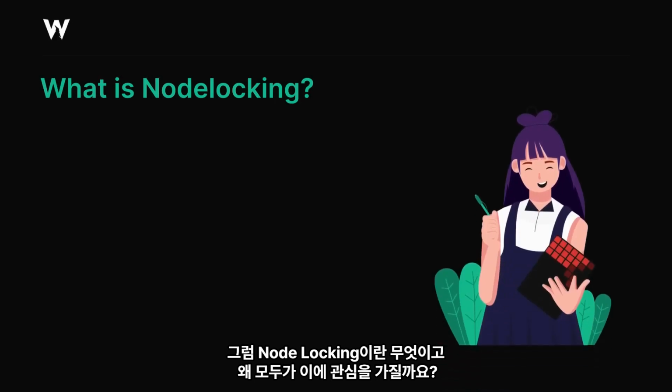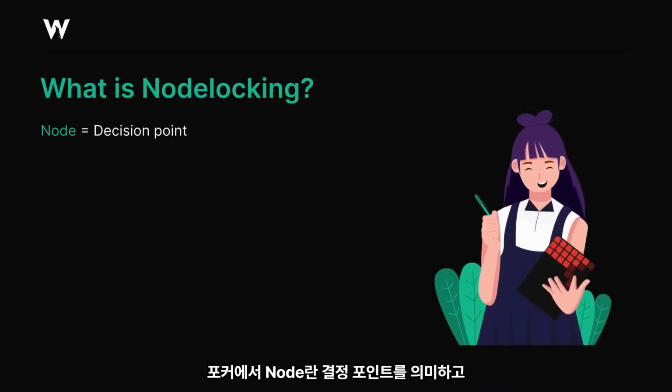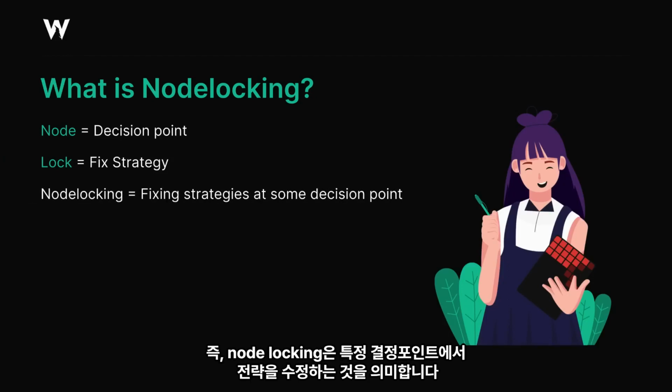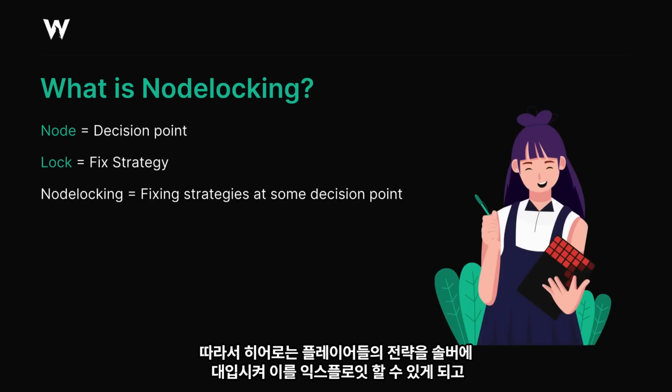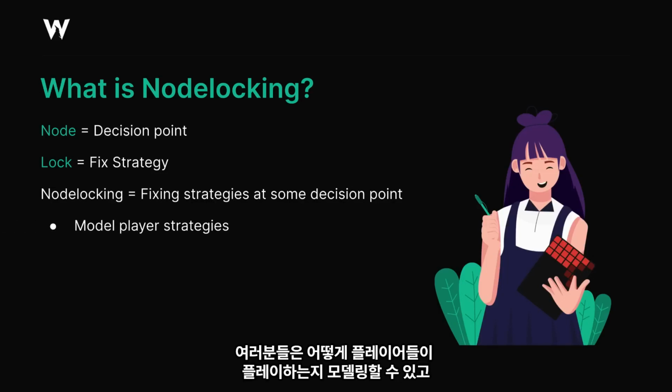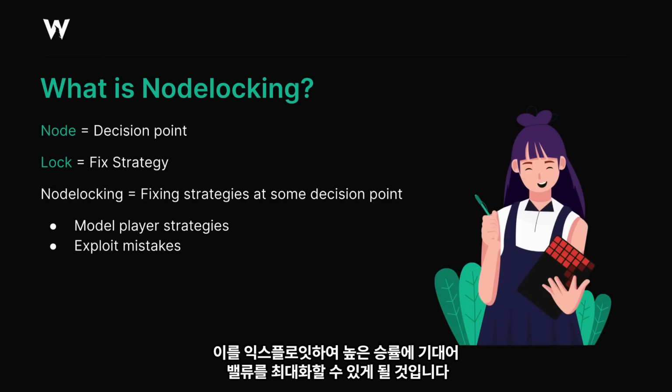So what is node locking and why is everyone so hyped about it? The word node in poker refers to a decision point. Well, the word lock refers to fixing some strategy in place, locking or preventing it from changing. Node locking is the act of fixing a strategy at some decision point. Thereby, we can input player strategies, allow the solver to exploit those strategies, and crush whatever mistakes have been input. You can use this to model how players actually play, exploit their mistakes, and get absolute max value for the